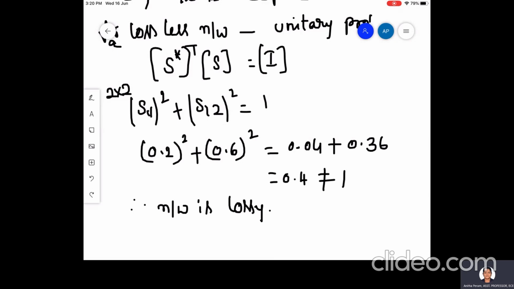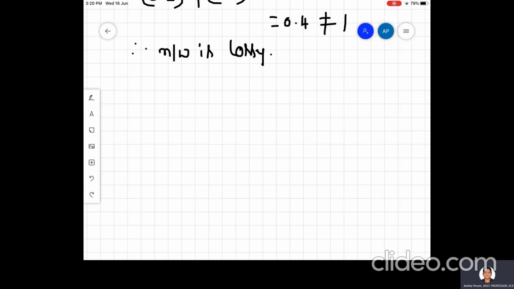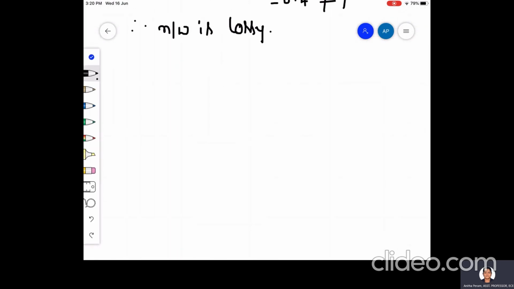So now we'll solve a problem based on the same model. We'll try to find out for a mismatched load the return loss, how to find the return loss for a mismatched load. Next problem, we'll consider